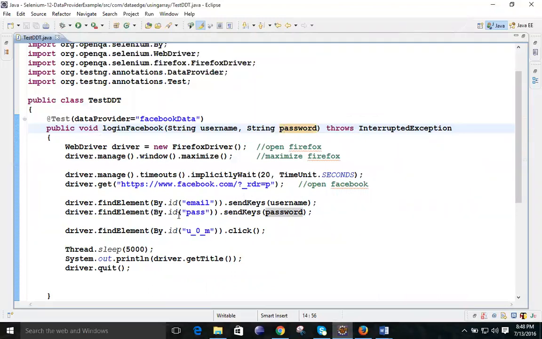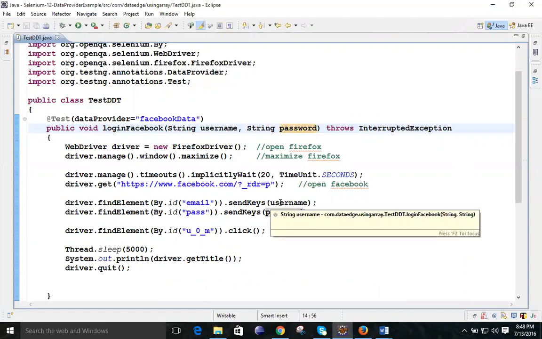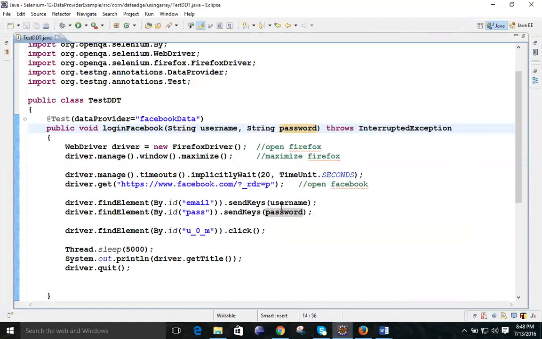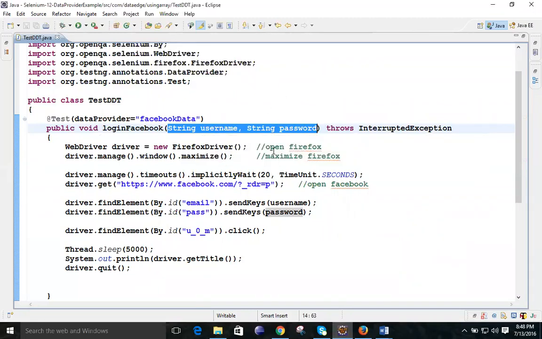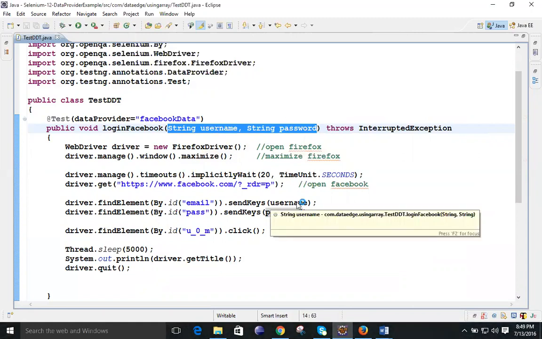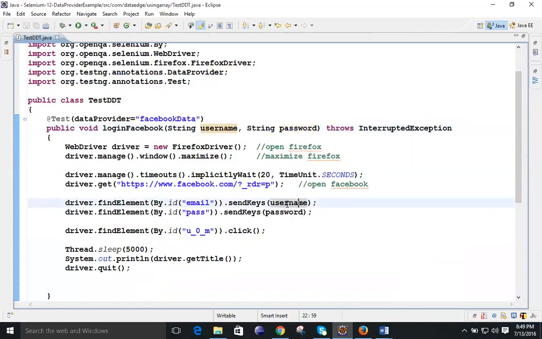So what data you are going to send? The data is not specified over here. It is only written as username and password, and these two parameters it is taking from this method's parameters. You can see the user and the password. Suppose it is taking Prasanti as the username and Selenium as the password. Whatever you pass from anywhere, those two are going to be copied over here, and the same is going to be copied into this one also. The user, Prasanti, will be sent instead of this username, and for this sendKeys, the password Selenium will be sent.